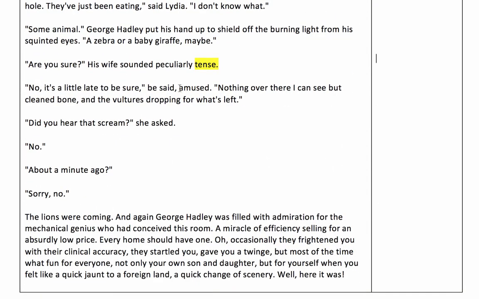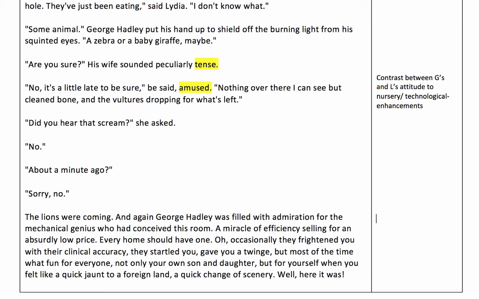So we are right so far. He says he's amused, so there's a contrast there between his attitude. Contrast between George's and Lydia's attitude to the nursery. Or you want to talk about the technological enhancements, because they are really the same thing. Enhancements. Then she asked him about the screams. I think we can move on already.